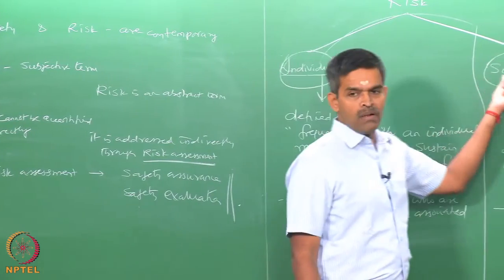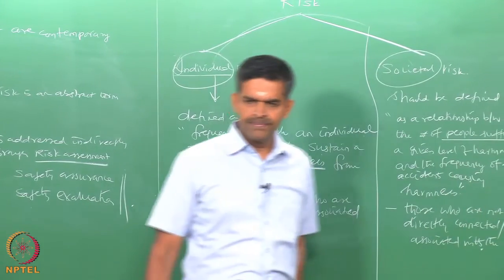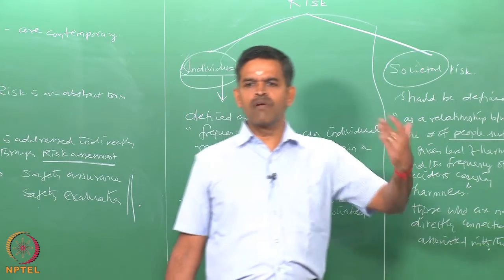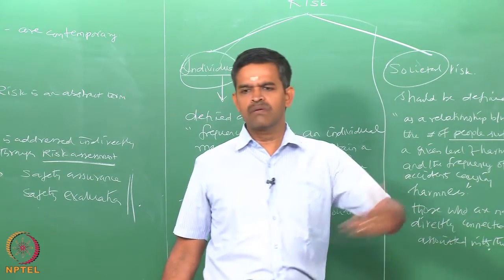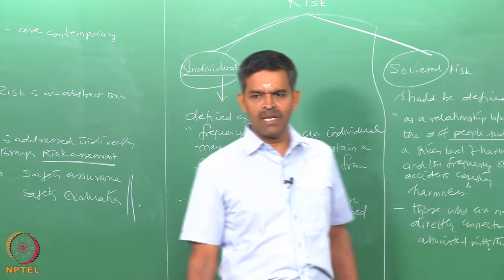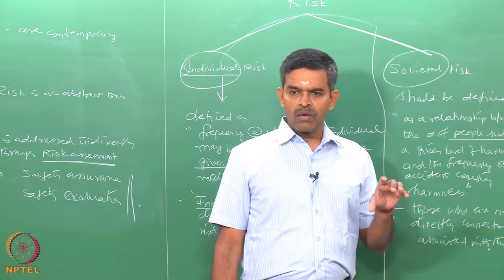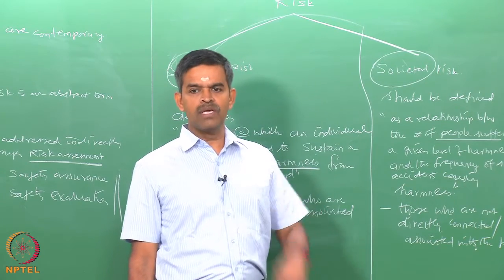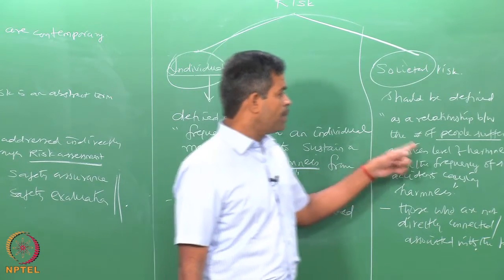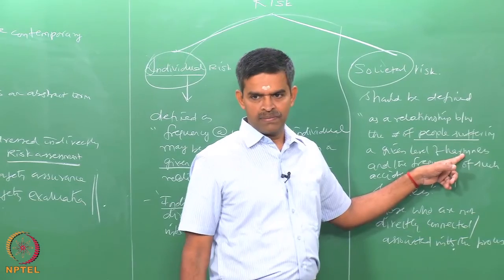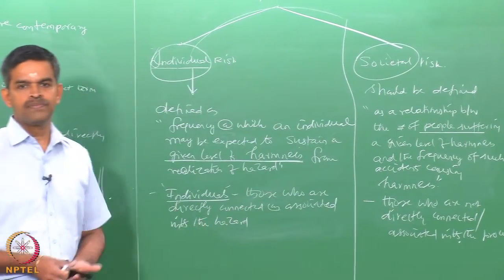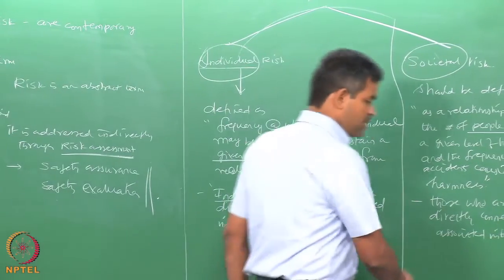Whereas societal people are living around in the vicinity where a gas leak occurred and the gas dispersed in the environment, as we saw in the first module, with the different mathematical models available. So, they suffer some suffocation, certain lung injury, etc. So, people suffering from the harm. It is not talking about the direct connection to the event. Generally, this is expressed